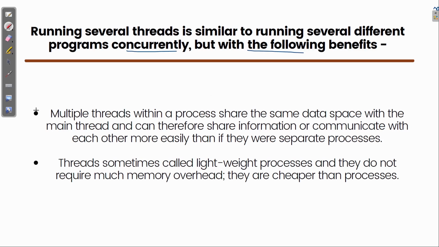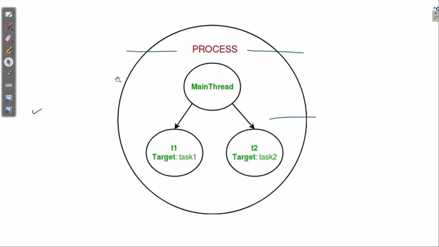Now let me show you the concept of multiple threads. Multiple threads within a process share the same data. I have explained this; let me show you. Here you can see, this is task one, that is thread one. This thread is sharing the same space, or is inside the same process, and this thread two is also sharing the same space, the same data. That's what it was telling in the case of multiple threads.